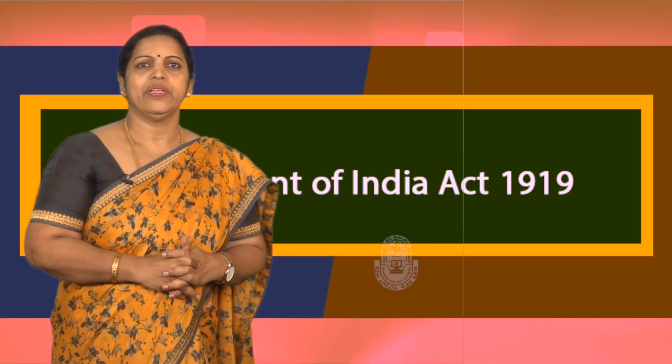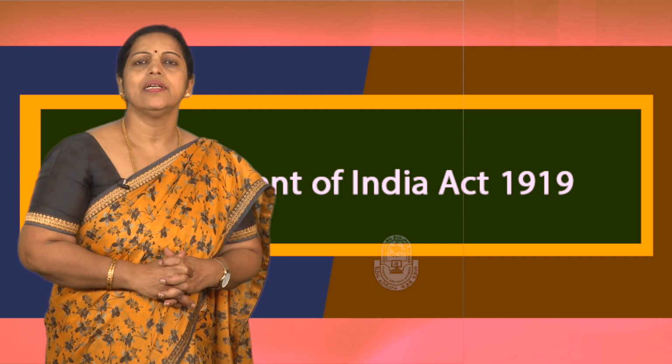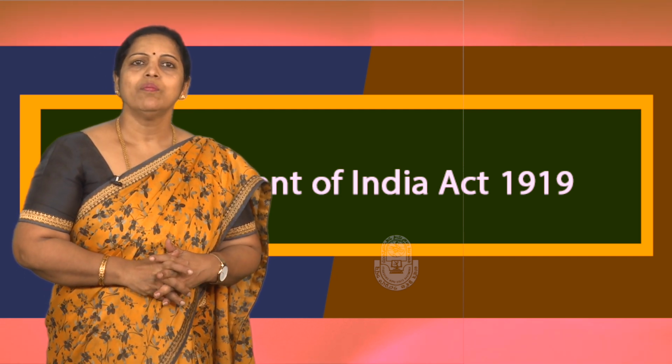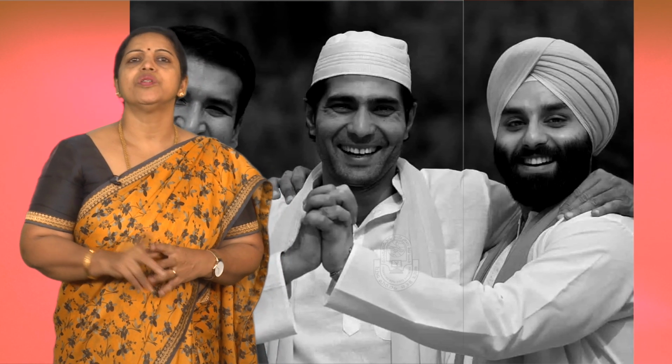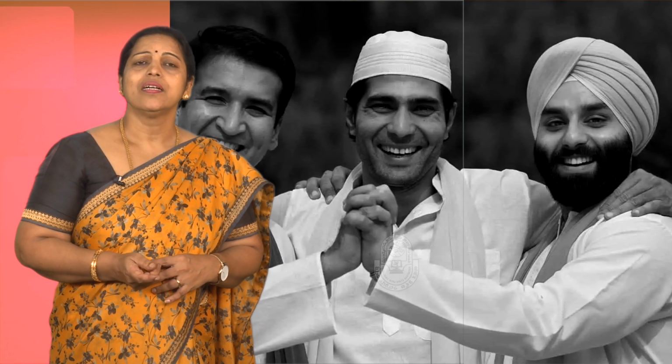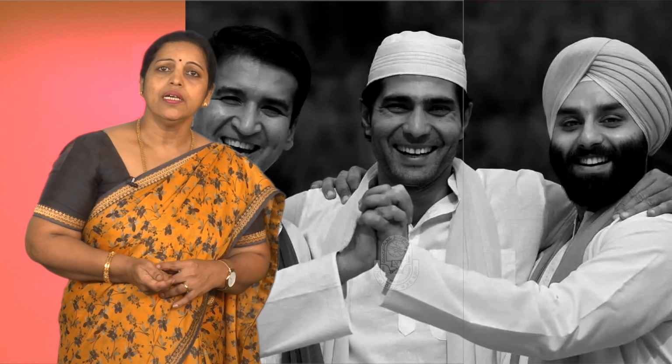In the 1919 Government of India Act, separate electorates were given only to the Muslims. But the 1935 Government of India Act went another step further by providing separate representation not only for the Muslims but also for the Sikhs, Europeans and Indian Christians. This created serious hurdles in building up national unity.